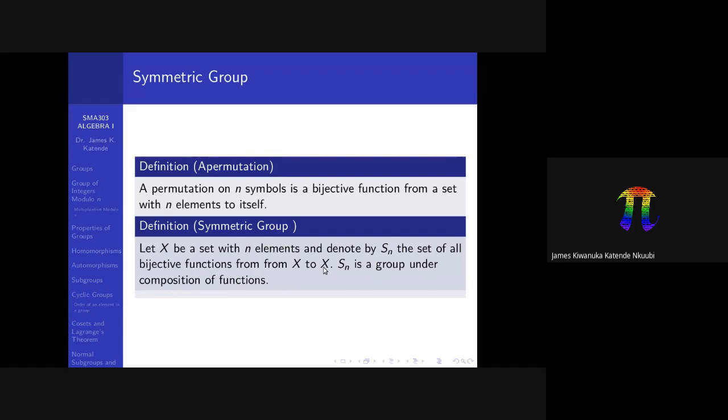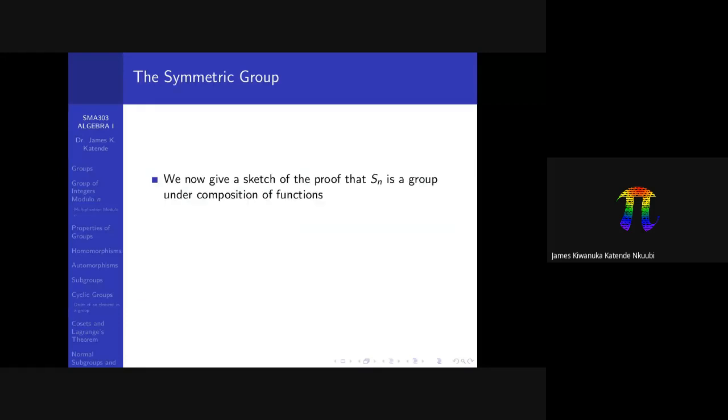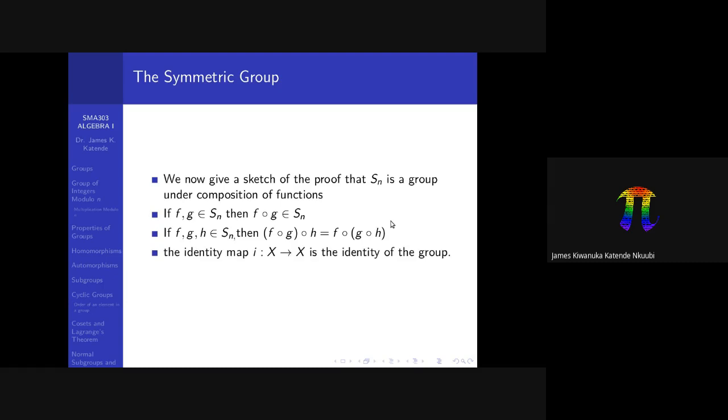We shall just do a small sketch of the proof that this is a group. So here we go. So if you pick any two bijections from a set X to itself, then their composition will still be a bijection. So closure is proved here for a group. Composition of functions is associative, so this one you learned in basic mathematics. You can go and get the details for that. The identity map here will act as the identity element of the group, and that means if you compose any,